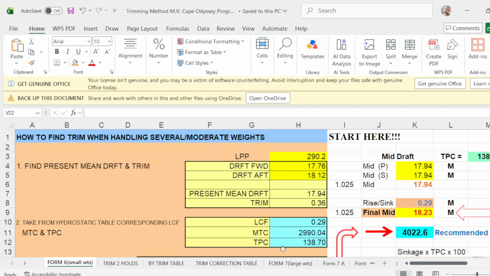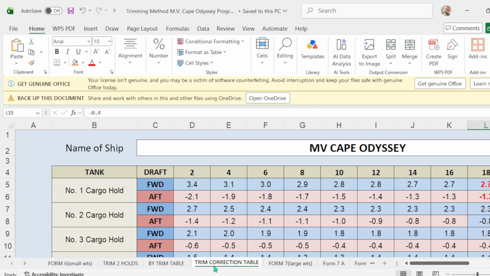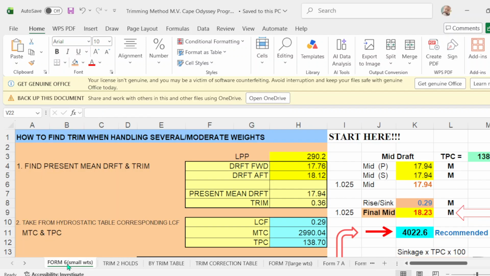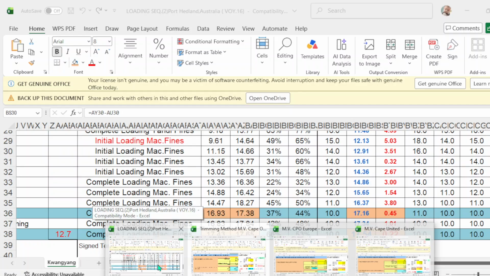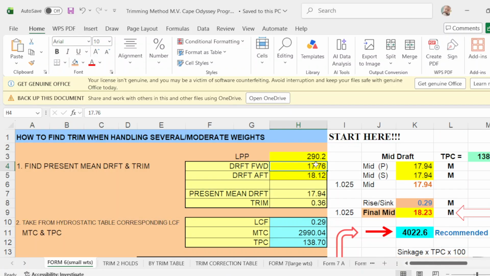Since this is the vessel, the name of the vessel is MB Cape of the Sea. So this is the program used to compute the remaining cargo to load. We go to form number 6, which is here, how to find trim when handling several moderate weights. Okay, so what is the forward draft? Forward draft is 16.93. So you put here 16.93,